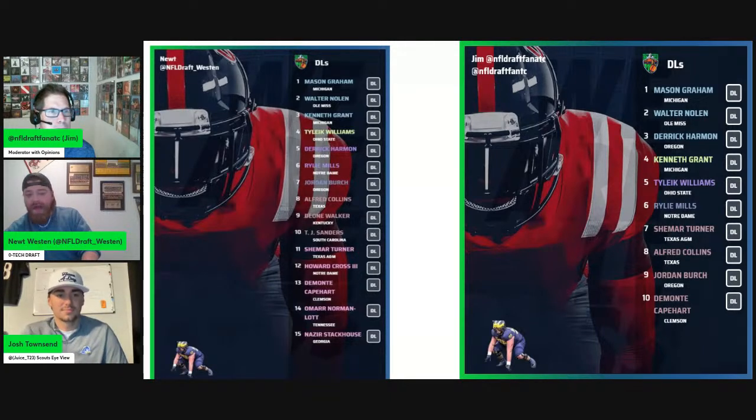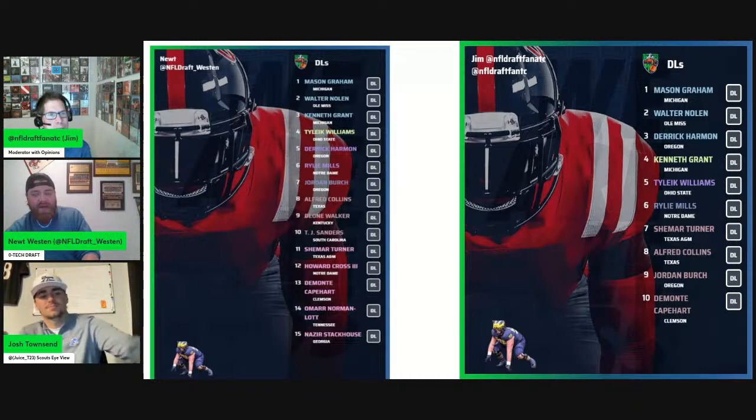I do not like this guy on early downs. No, it shows up. It really does. I've seen him at times, especially if he's trying to bull rush, it's like running into a brick wall. But I think he's a smart enough guy where he's learning the technique to kind of get around that. So I definitely do like him as a strong rotational piece in a defensive front. He could easily be your 3rd down go-to guy and make a living off of that quite easily.